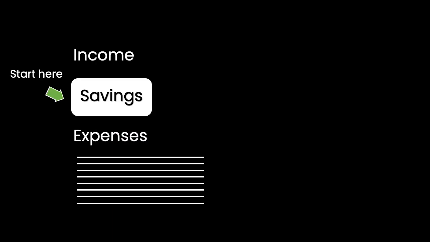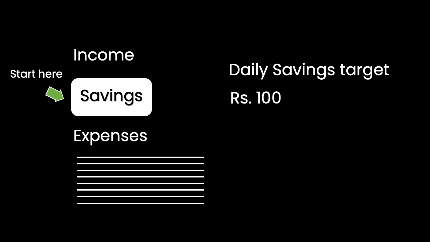The idea is to decide beforehand how much we're going to save. Let's say you're making ₹1,00,000 and from that you decide to save 20%. You can start with a daily savings target if you find that an overall monthly target is too much. And you can start with as little as you want. But the idea is to get used to saving, get used to deciding beforehand what that saving is going to be.